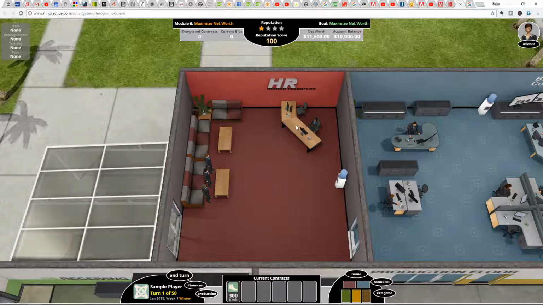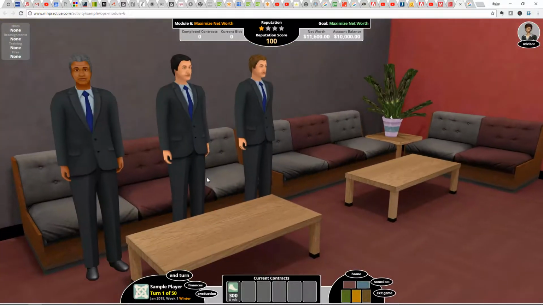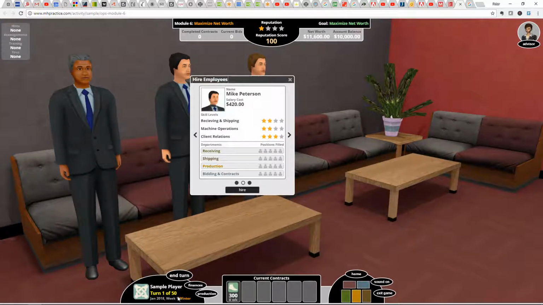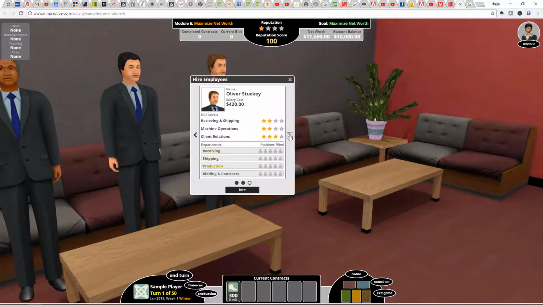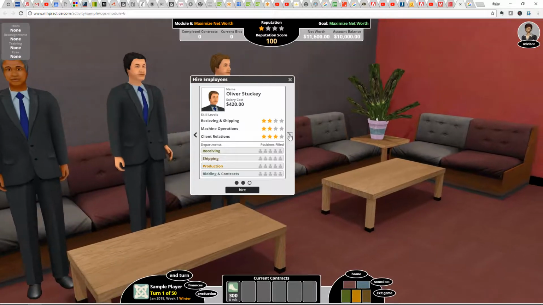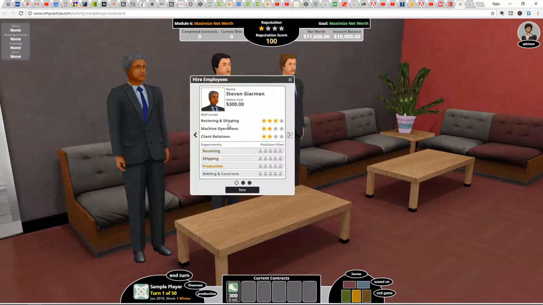Then within human resources, we can look at the current status and the history of hiring, who we have on the floor, what costs we have. And then we have candidates here. Coming into this as the first round, we can look lower left here, turn 1 of 50. Again, we have 50 weeks ahead. We can rotate through some of these candidates, which show strengths for the receiving and shipping area, the machine operations, client relations,